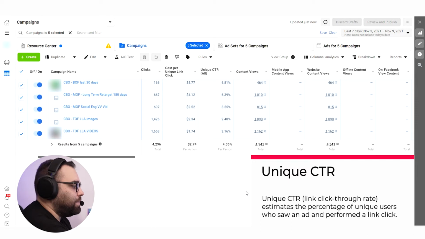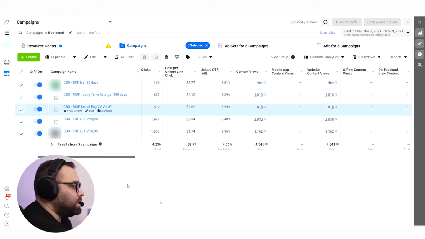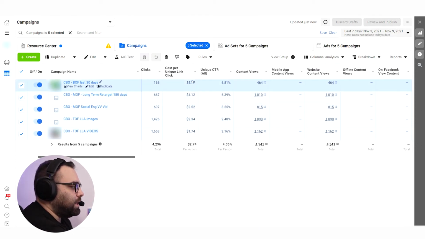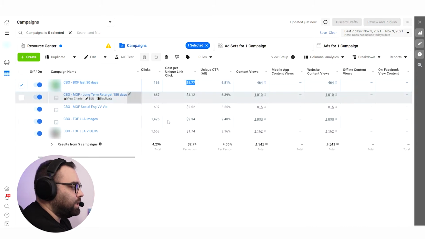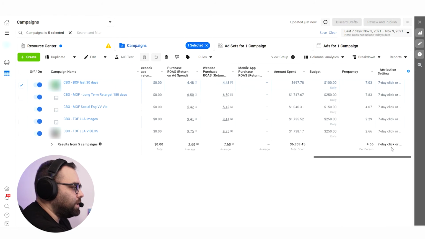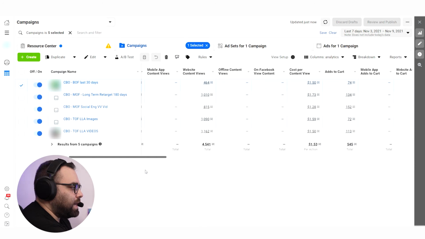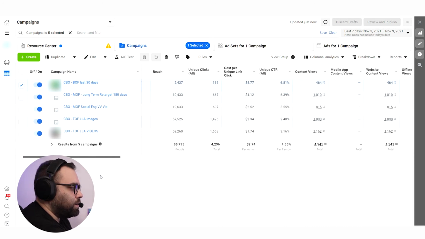And when we have numbers above 2 or 2.5 or above 3 in some cases, we know that we have a very good click-through rate, which is the percentage of the people that are clicking. Now, what you're going to see here is that this one, which is a retargeting campaign, has 5.77. But if you look at the return on ad spend over here, it's very good, okay? And you shouldn't judge if you're going to close one campaign or keep it based on the cost per unique link click.